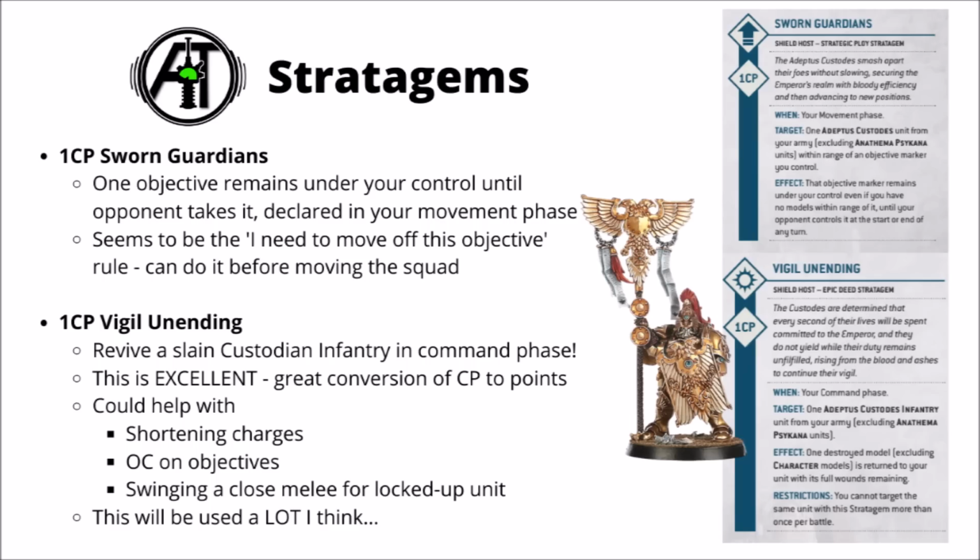Slayer of Nightmares will help out against tanks and monsters. Unwavering Sentinels is very spooky for opponents trying to charge you. Arcane Genetic Alchemy is a decent durability boost, if a little bit on the expensive side. And Vigil Unending for respawning Custodians looks like a bit of a nightmare for your opponent once more. That one's just got so much value, and I'd probably aim to be using it every turn